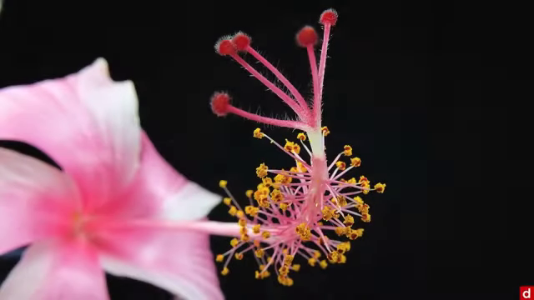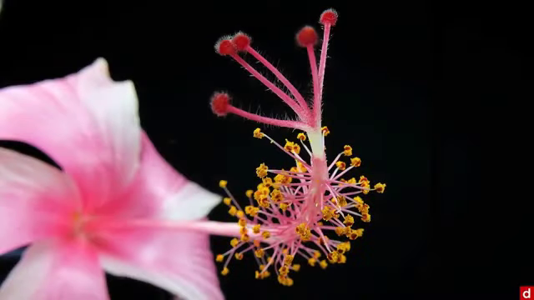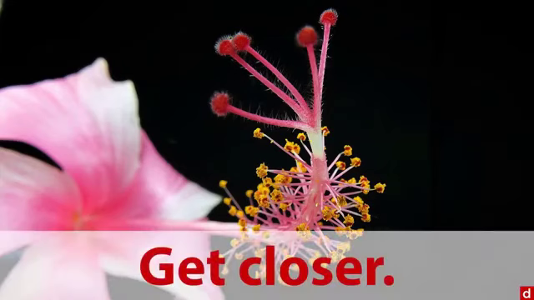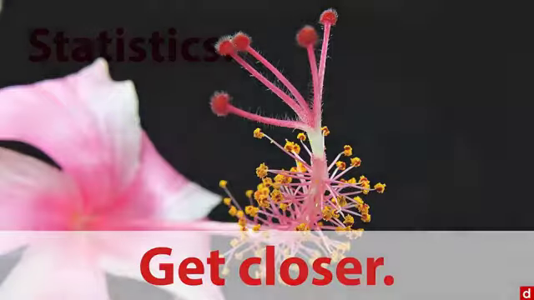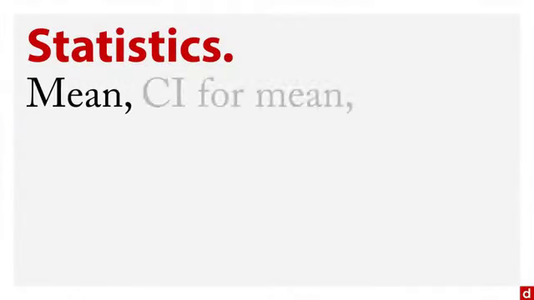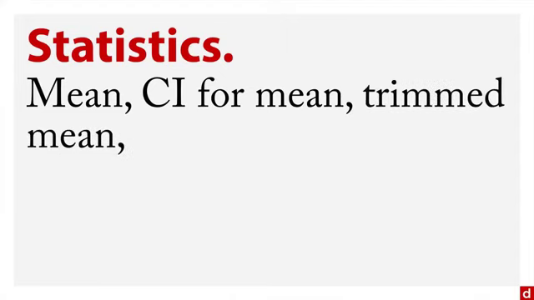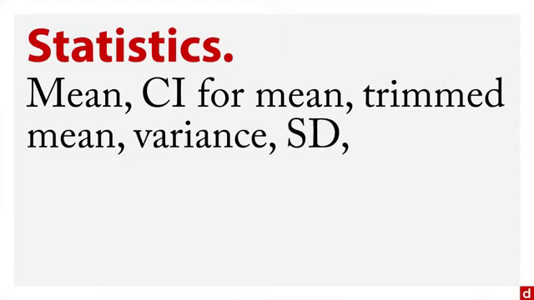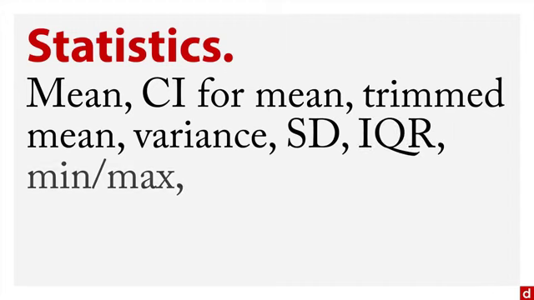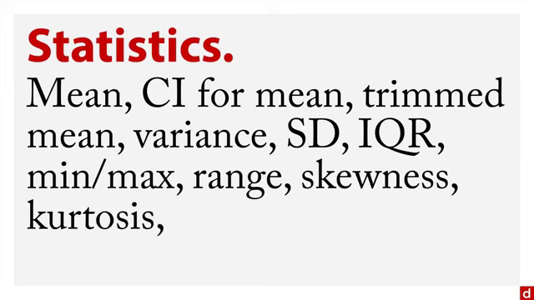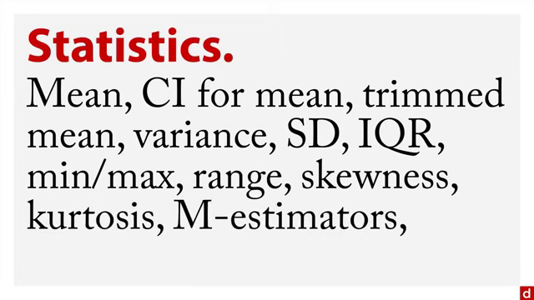I like to think of this as a way to get a lot closer, get a little macro view on your subject, get closer and see what's there in detail. Now, the Explore command is going to give you a bunch of statistics. It can give you the mean and the confidence interval for the mean and the trimmed mean, as well as the variance, the standard deviation, the interquartile range, the minimum and maximum, the range, skewness, kurtosis,